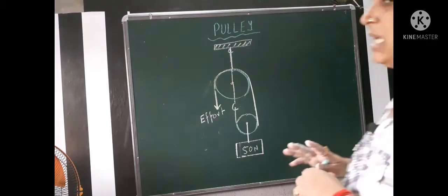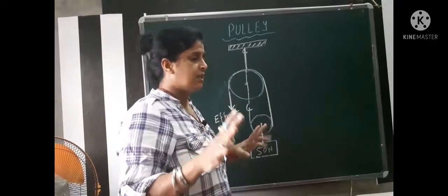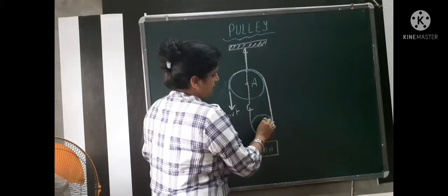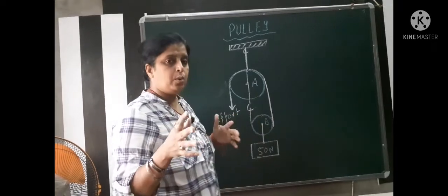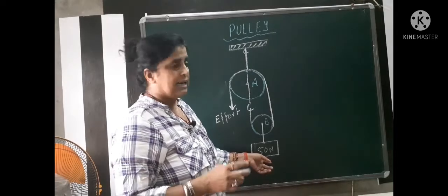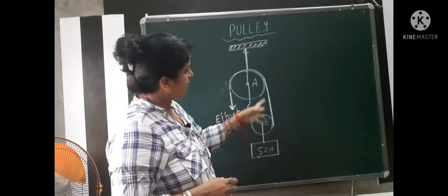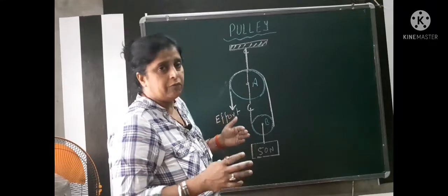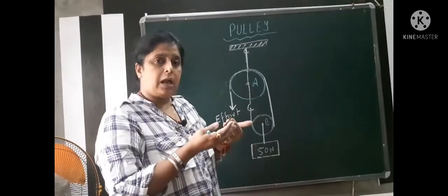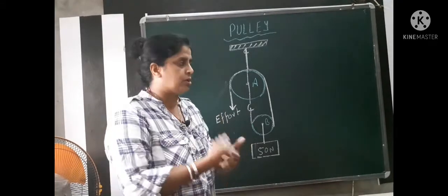Now children, you just see I have drawn here a diagram where you can see there are two pulleys. I am going to name them pulley A and pulley B. Now we are going to lift the same body of weight 50 Newton with a combination of two pulleys, A and B. See the setup we have done here and how the effort will decrease. It means by applying a little bit of force we can lift the double weight body. How it is possible, we will try to understand.